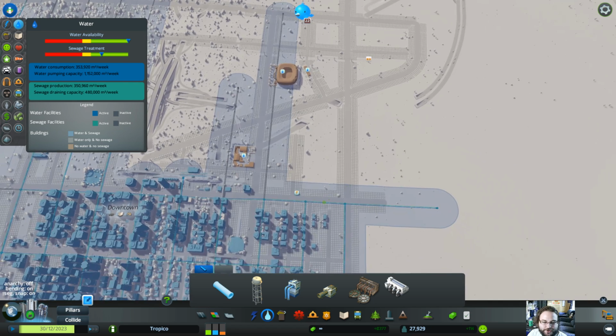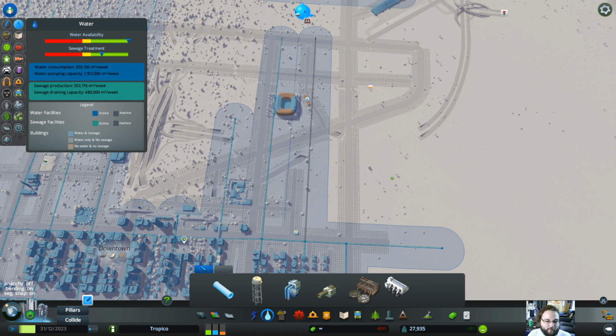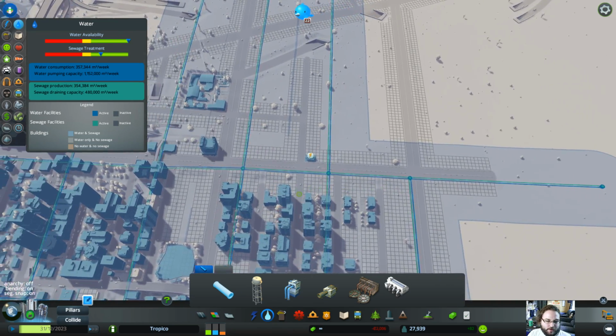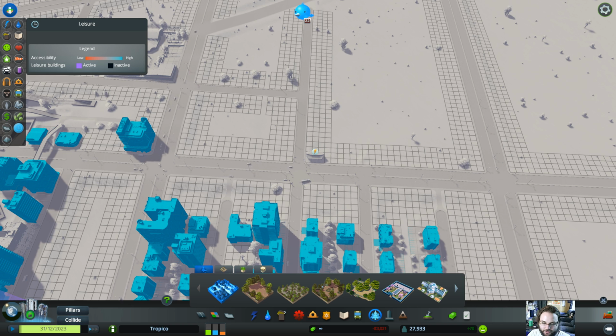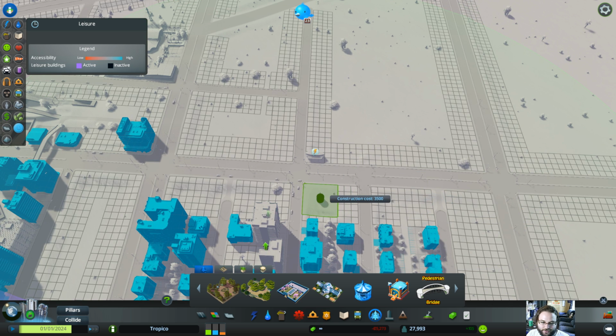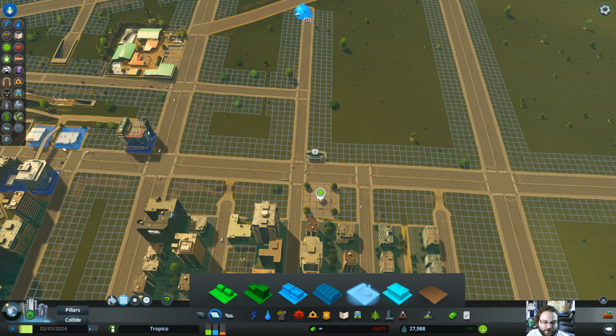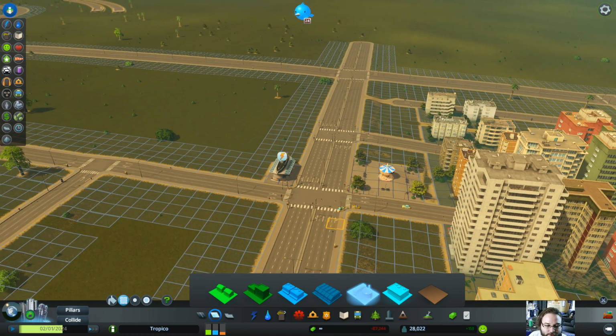Oh, and the metro rail, of course. And then this guy needs power too. But for this one, we're just going to throw a park over here. Maybe like a nice botanical garden or... Wow, this stuff... Bouncy castle? Carousel? Carousel it is. I think those all look pretty new, but...